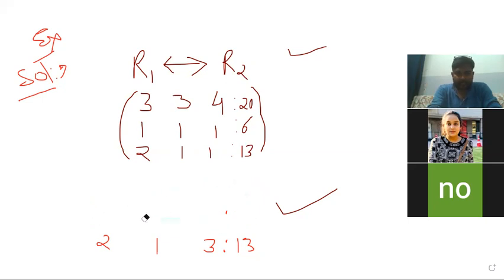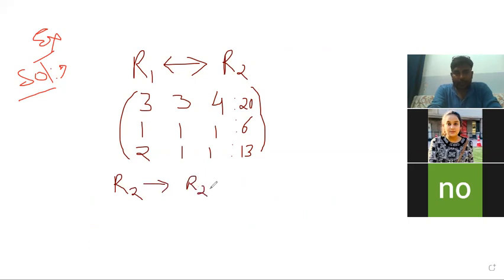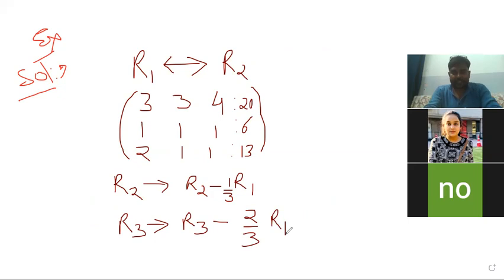After that, you see that I will apply the same formula we have written already. Now, here we write R2 → R2 minus 1 upon 3 R1, and R3 will be R3 minus 2 upon 3 R1. You see that, just I am telling you, इस वैल्यू को 0 करने के लिए आप देखें R2